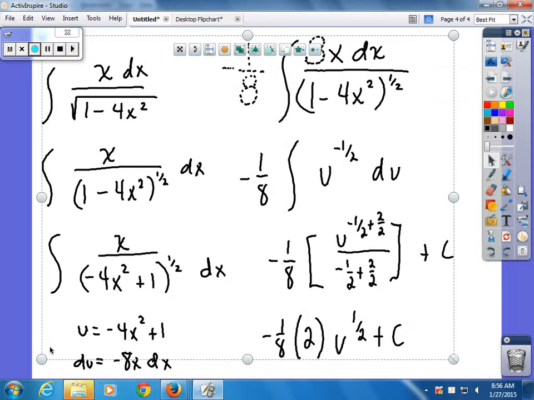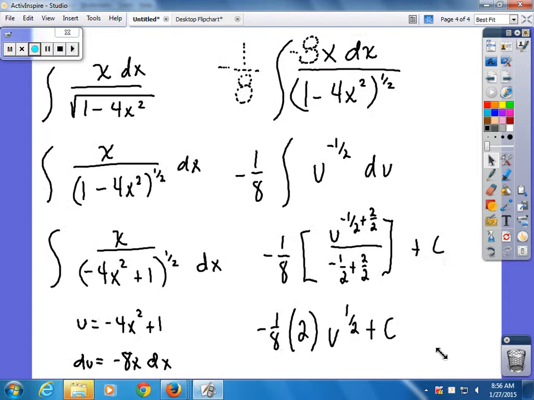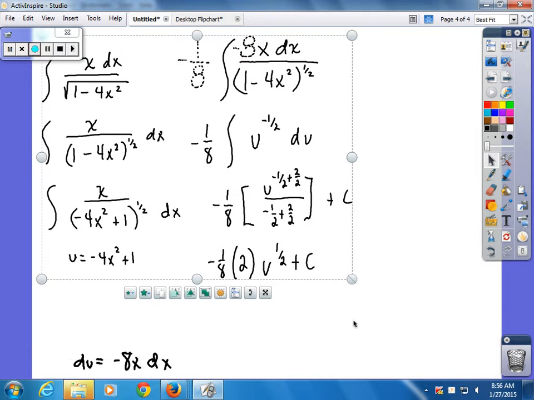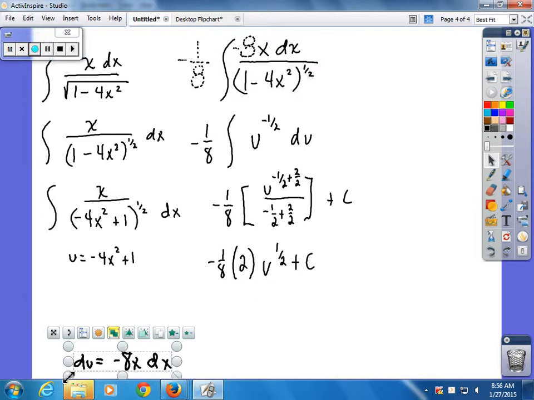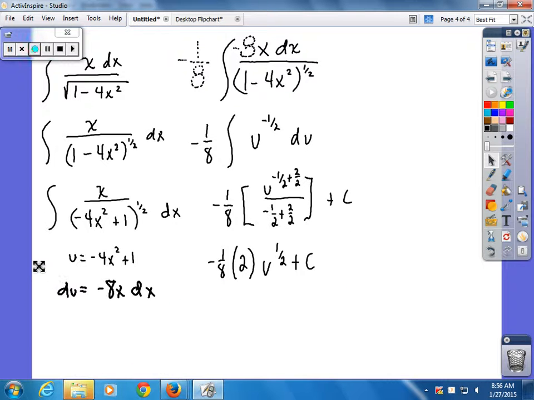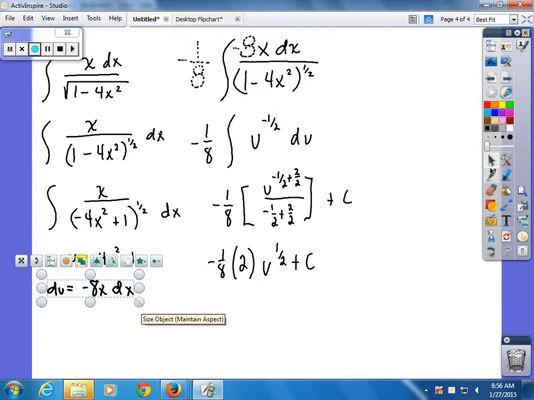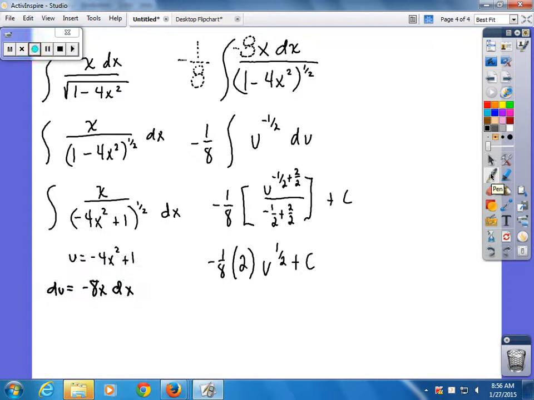Negative 1/4. So this comes out to be negative 1/4 u to the 1/2 plus c,